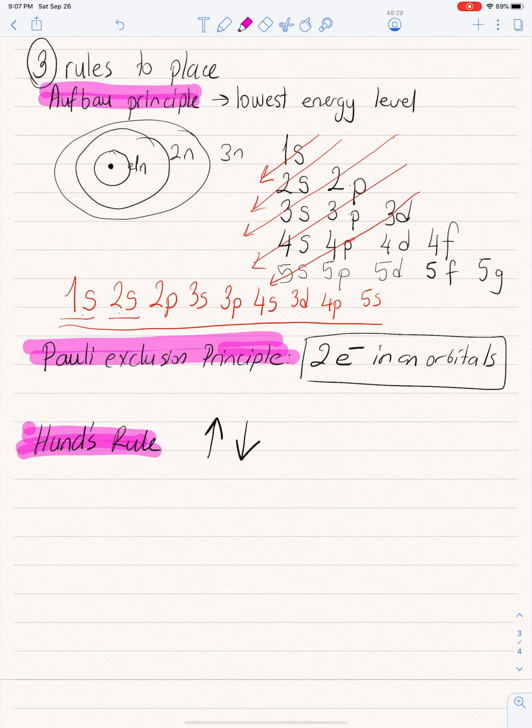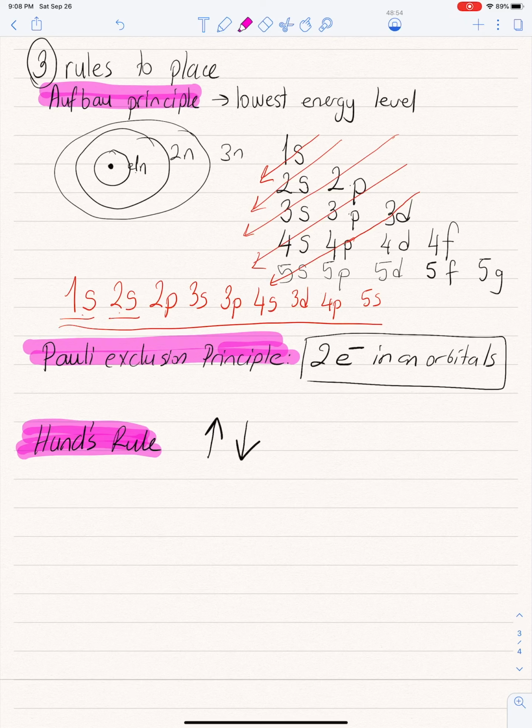Let's go over it again. The first principle: start from the lowest energy level. Second principle: only put 2 electrons in one orbital, and these electrons should point in different directions. So we have 3 rules to place the electrons in orbitals. Now what I am going to show you is,